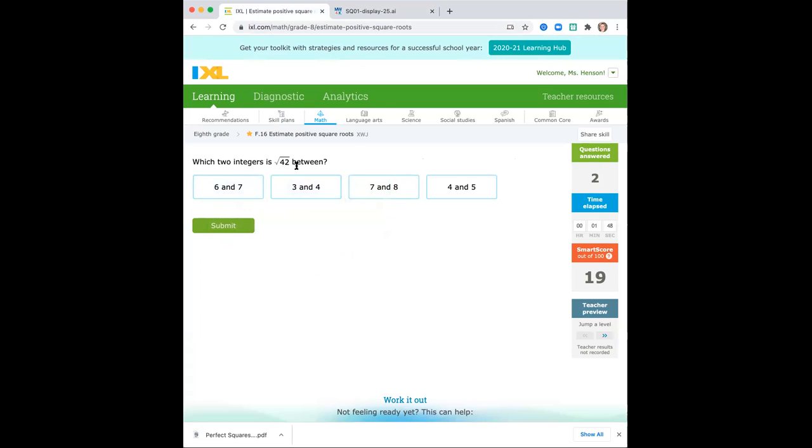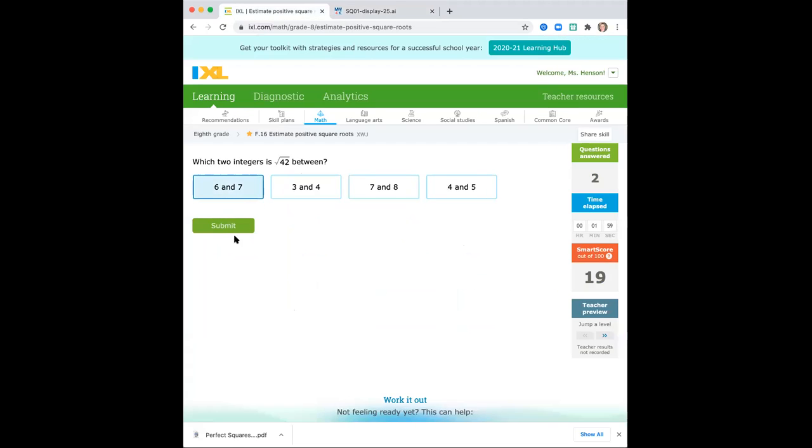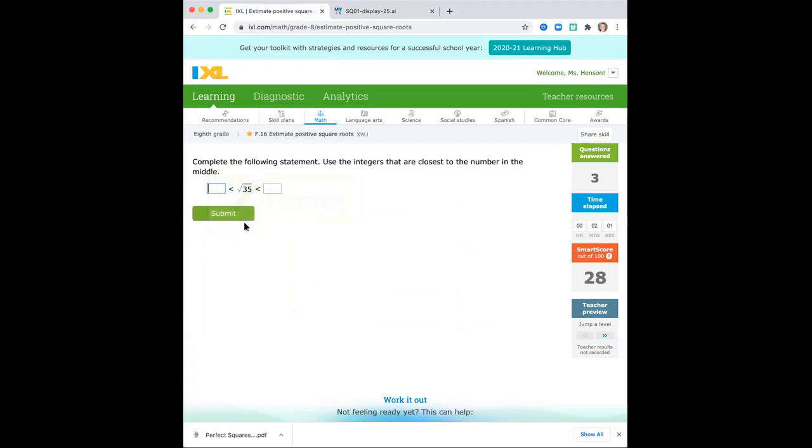So which two integers is the square root of 42 between? We're going to find 42 is in between 36 and 49. So we know that it's going to be in between 6 and 7. There you go. So you're going to keep doing that. And that is how you're going to finish